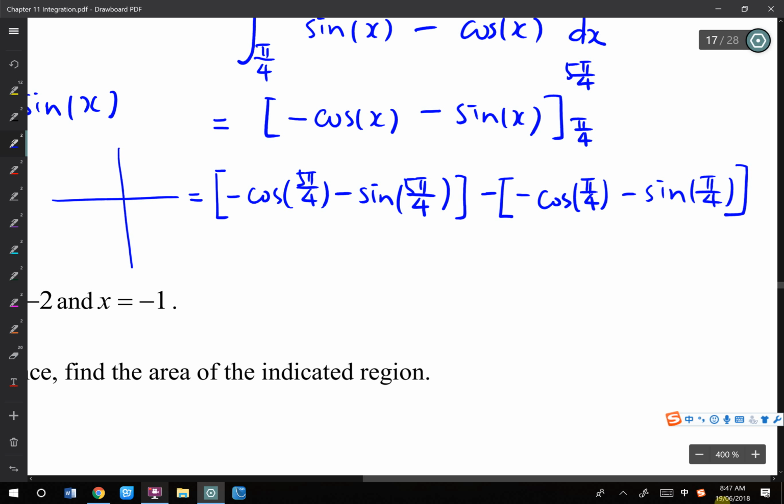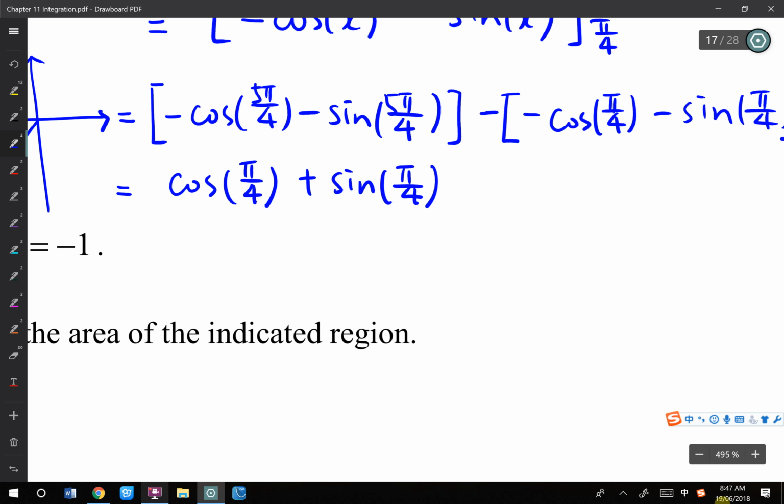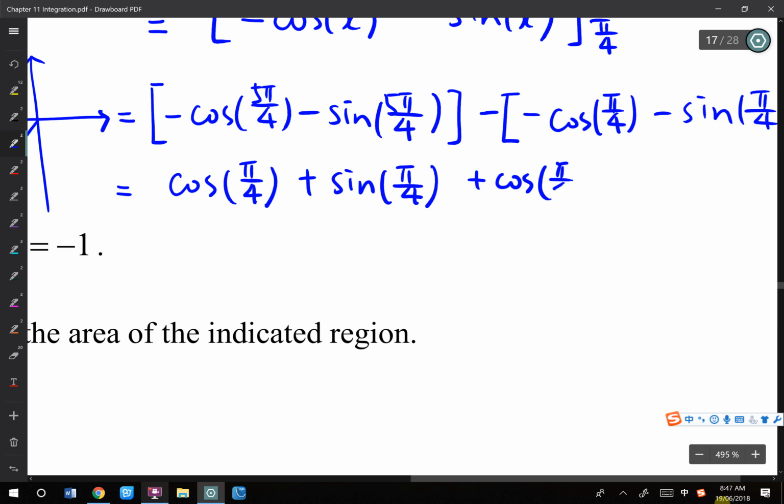Okay, 5 pi on 4 is here. Okay, so reference angle is pi on 4. And that's the tangent cosine. So cosine will become minus cosine. You have a negative as well, so it's a cosine pi on 4 plus a sine pi on 4. Okay, because you need to change it to reference angle and you need to negative the thing. So the two negatives become positive. So it's your cosine pi on 4 plus sine pi on 4 and plus cosine pi on 4 and plus